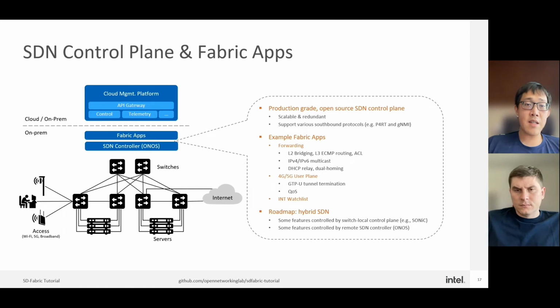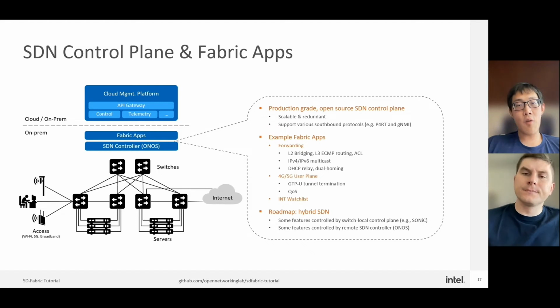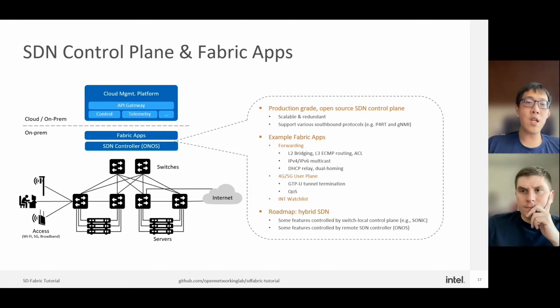The first is the forwarding features that include L2 bridging, L3 ECMP routing, ACL, multicast, DHCP relay, and dual homing. The second category is the 4G/5G user plane that includes GTP-U tunnel termination and QoS support. The third category is the INT watch list that allows us to define what flows we want to monitor and